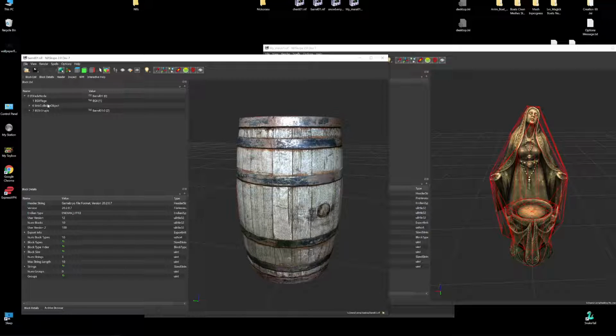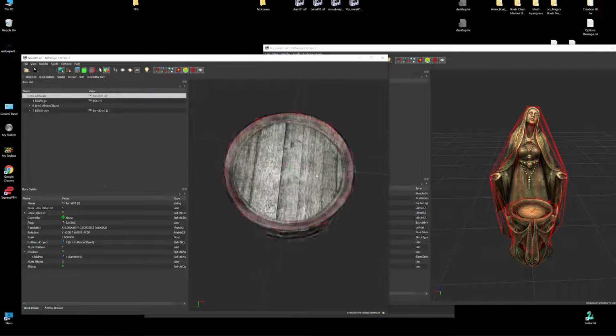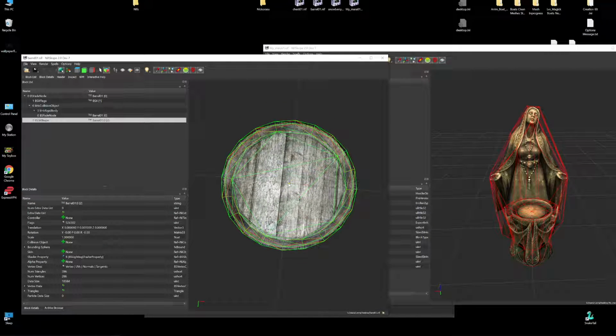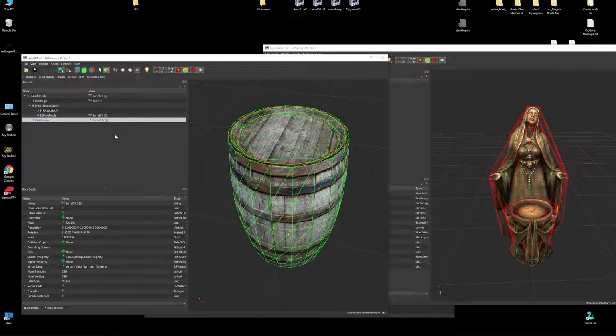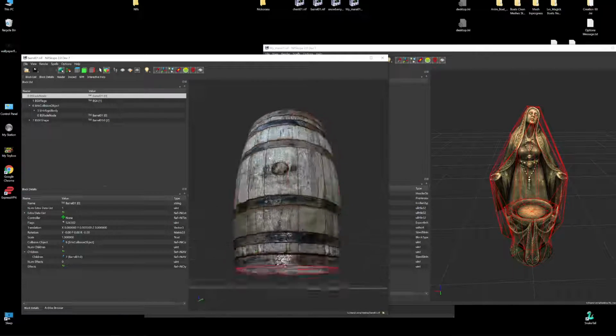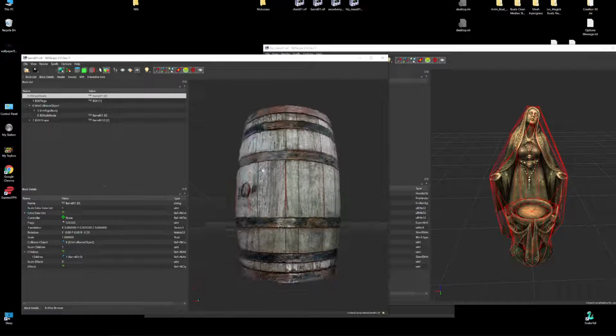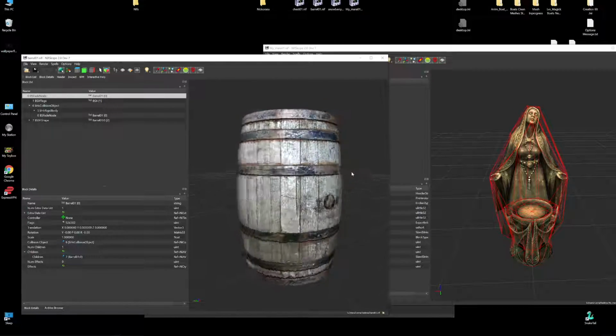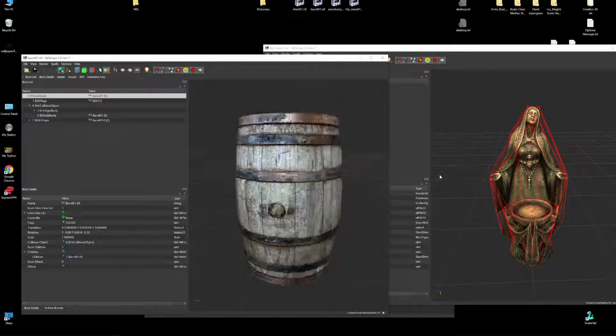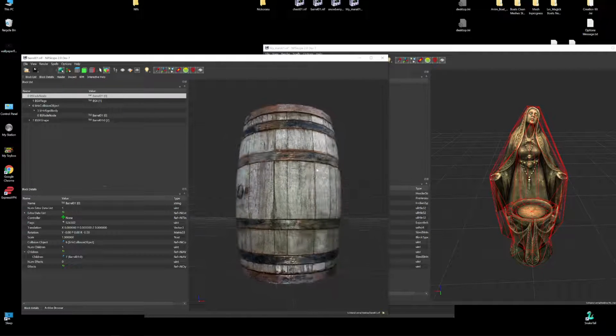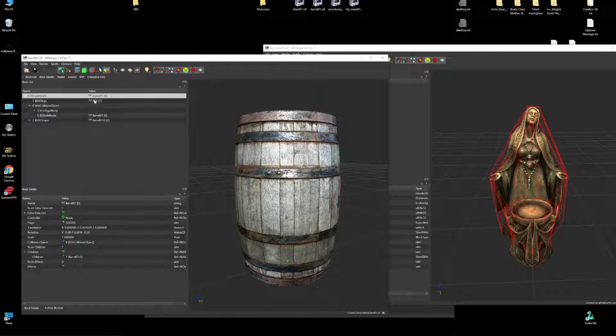Now it looks intimidating at first, but I'll explain what this node is. This green dot right here is the center of gravity for the NIF. If it was a helmet, that's where it would connect. If your player was to land on it, that's where it connects. They're called nodes. There's all kinds of nodes.